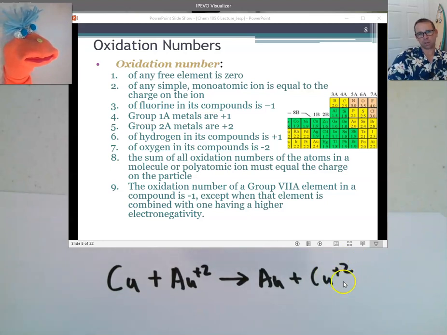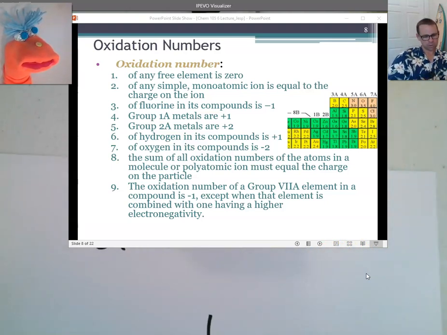The plus 2 doesn't mean that we've added 2 electrons. It means we have an imbalance and that there's more protons than electrons. And we didn't gain protons, it's still copper, so we must have lost electrons. So we can look at some of these, and if somebody says, is this a redox reaction, we can say yes, because we can see that it gained or lost